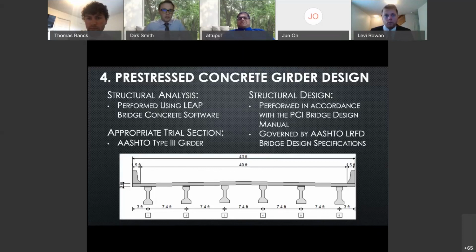There is a way to do it by hand, and we did consider that, but we left time for ourselves to do the design work by hand. So we did not perform the design work using those software. We strictly used it for structural analysis. And then